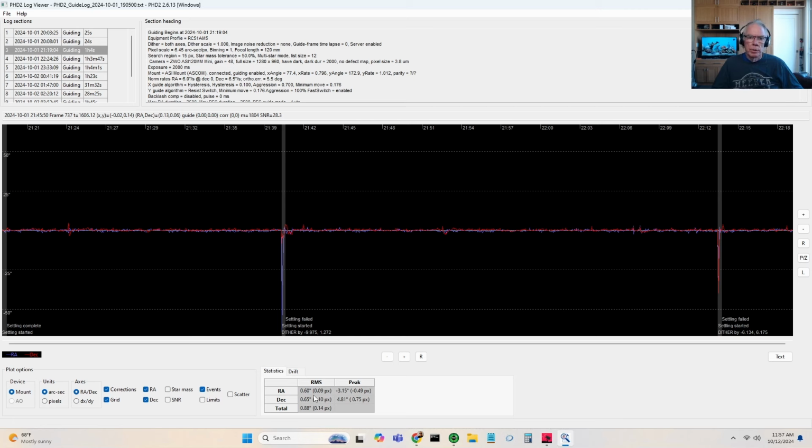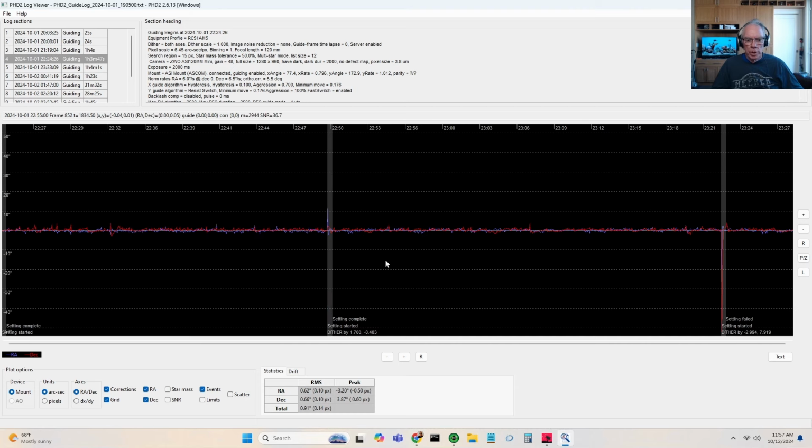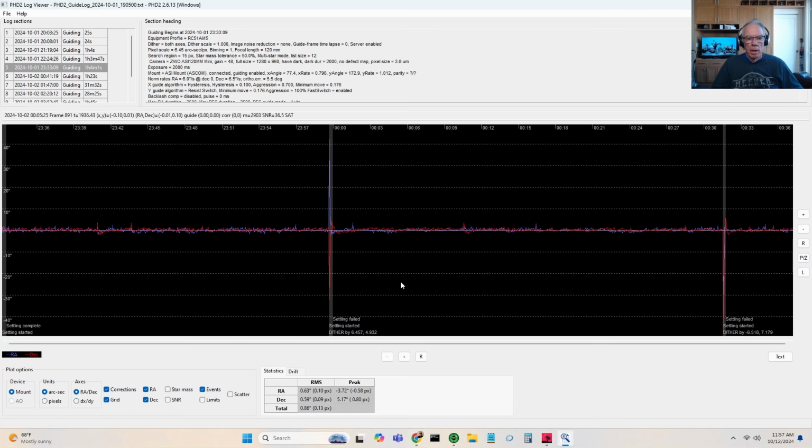Which I think is good as far as I understand. And here's the total. All right, then later we do another session, and now RA and declination are staying relatively close to each other, the ratio, and then my total is 0.91. And then a later section, and